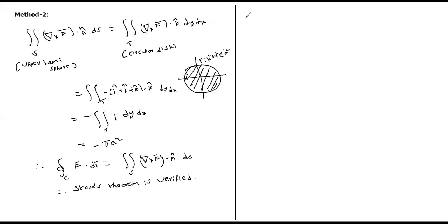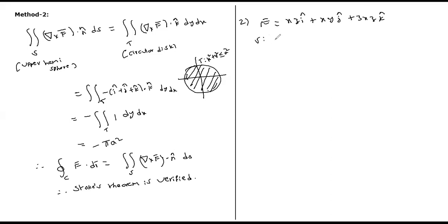Now, just take the second problem. I am going to just give the outline of that problem. You please complete this. So, f bar is given as xz i bar plus xy j bar plus 3xz k bar, and S is the